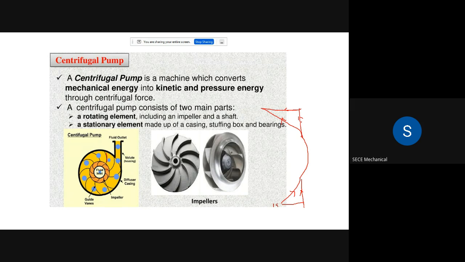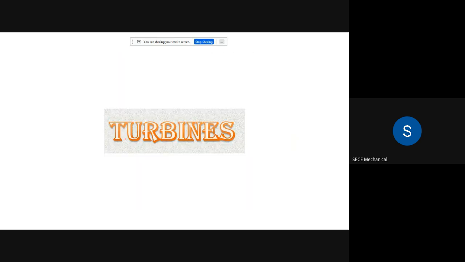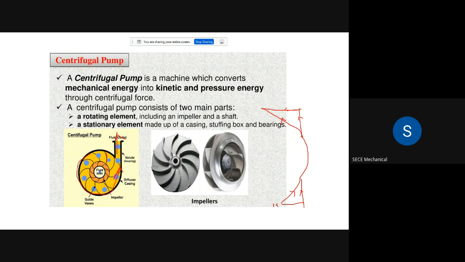The process in the centrifugal pump is by means of the rotating impeller, and the water comes in the tangential direction through the casing, right? This casing is called the volute casing, or diffuser. The volute casing's cross section reduces, right? As the cross section reduces, the pressure increases, thereby achieving kinetic energy and pressure energy at the same time. So these are the general classifications of pumps.